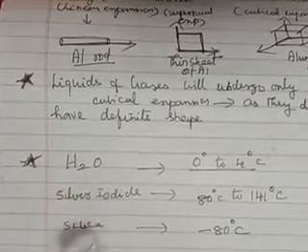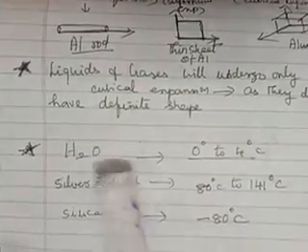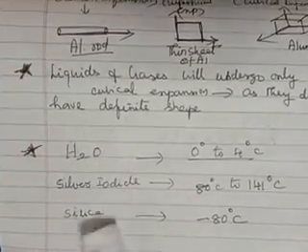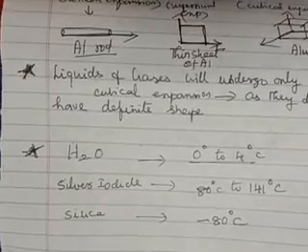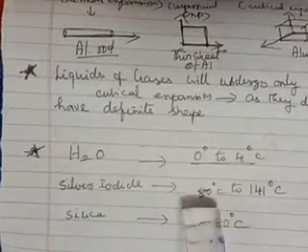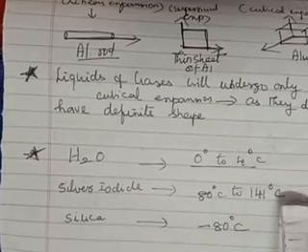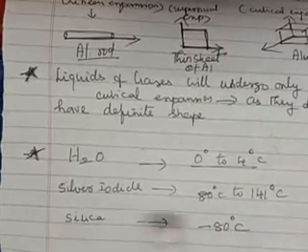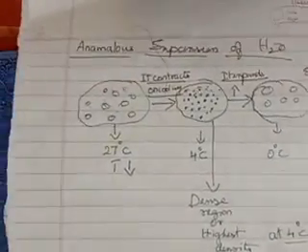So there is a standard question. Name two substances, you cannot include water. Look at the question: name two substances other than water which undergo anomalous expansion. So what are the two examples? And they will ask you to mention the temperature range also. So it's a 2-mark question. Silver iodide, 80 degrees Celsius to 141 degrees Celsius. Silica, which is around minus 80 degrees Celsius. Got it? Okay. Now we will go into detail about anomalous expansion.